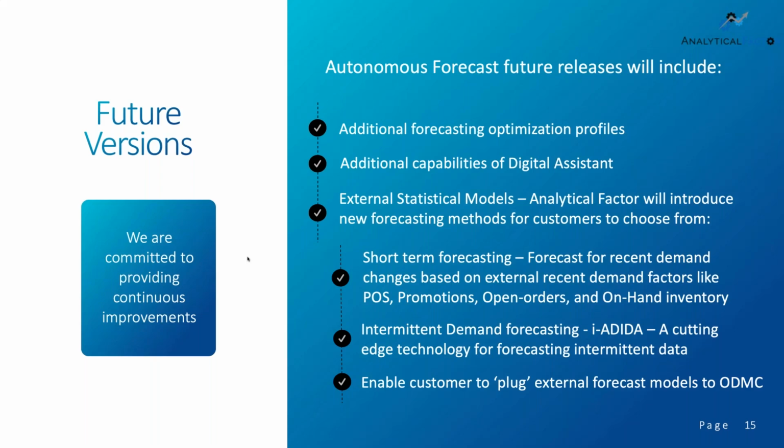From some of our research, we want to bring in the ADIDA model, which is basically a different intermittent model that will enable customers that have challenges with the current forecasting algorithms that ODMC comes with. ODMC comes with 3 different intermittent models, and from our experience, they are not always answering the customer demands around intermittency. So we are trying to complete the picture by bringing this new statistical intermittency model to bridge the gap.